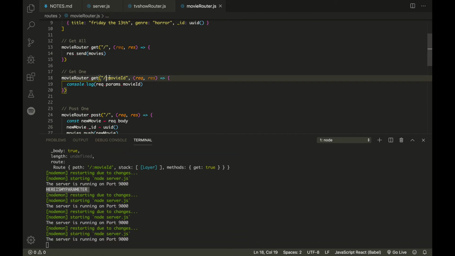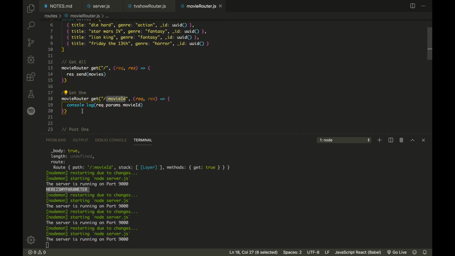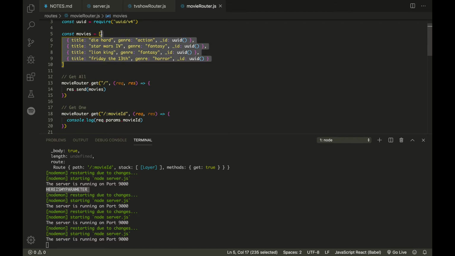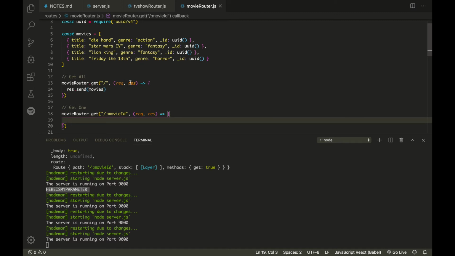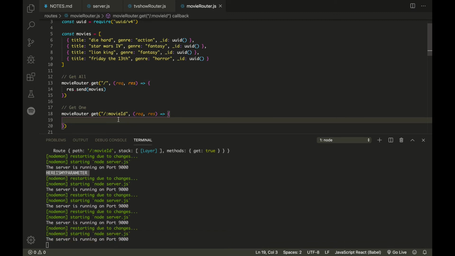All right, so now that we have the ID, a get one request needs to filter through the collection of movies in the database and return the one whose ID matches the one we're requesting. So let's work that out. First, we need to get the ID of who's asking. And let's store that in a variable. So we'll say const movieID equals